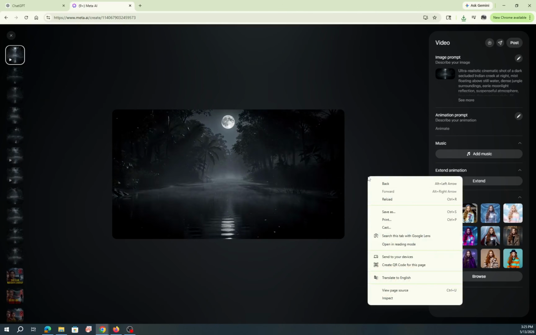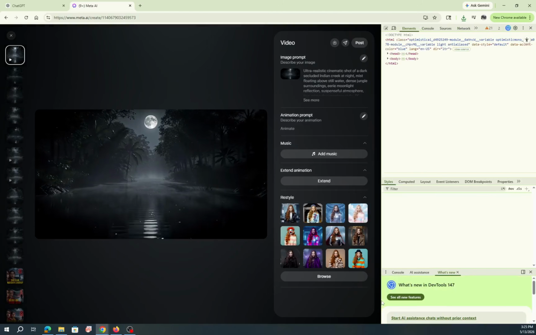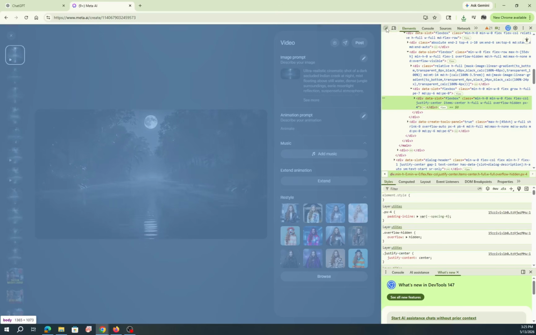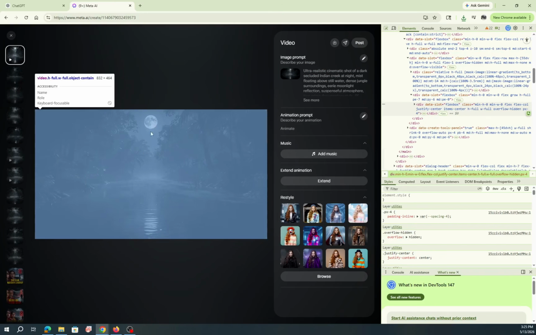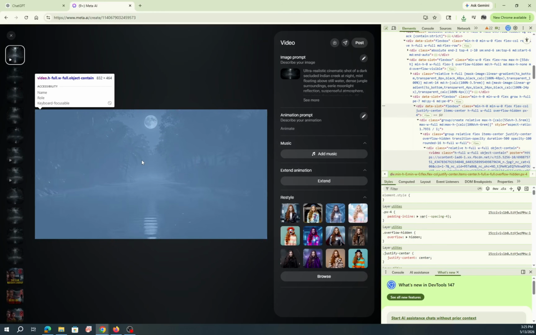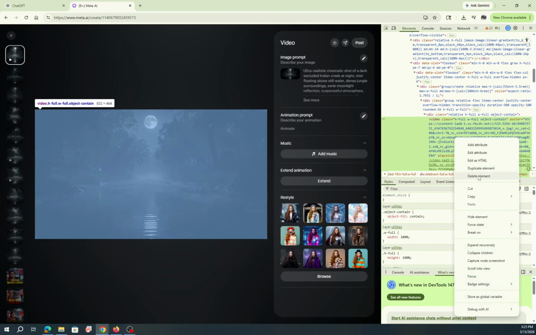Right click. Click Inspect. Now click this arrow and bring your mouse here, here, here. Click here. It has selected this area. Right click, copy element,